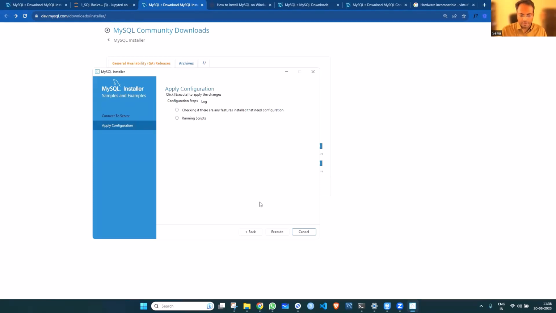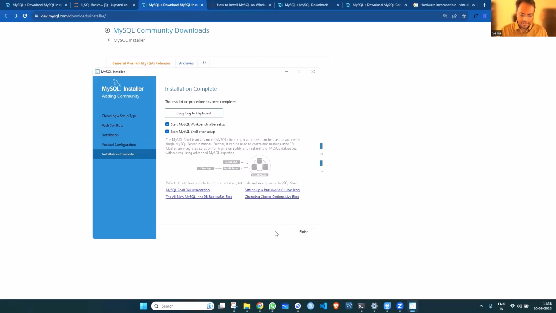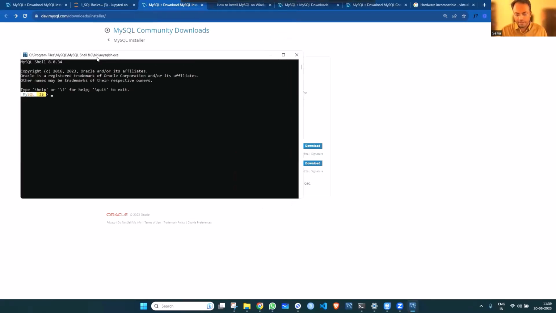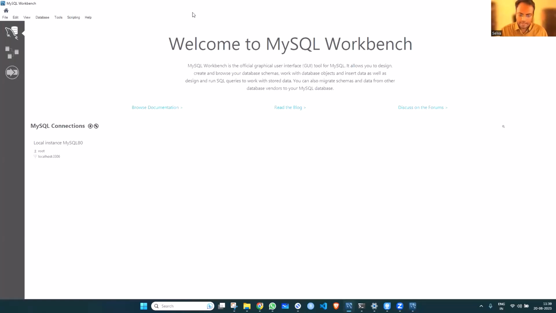Then checking if there are, okay, this is fine. Then execute. Hope everything is fine. All right, now finish. And next again and finish. On clicking finish, it by default starts a MySQL shell. All right, this shell will come and it will also open a workbench. The workbench also will start by default. Right. Once you see the screen,